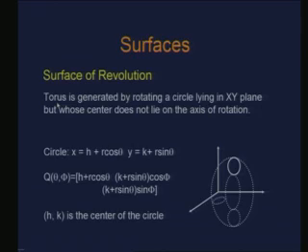So, there if I rotate a circle which is lying in x y plane and whose center is not at the origin, right. So, there is an offset from the origin of the center of the circle, right. So, if I rotate the circle about x axis, I again get the surface which is torus,